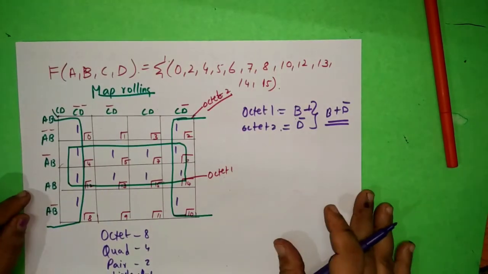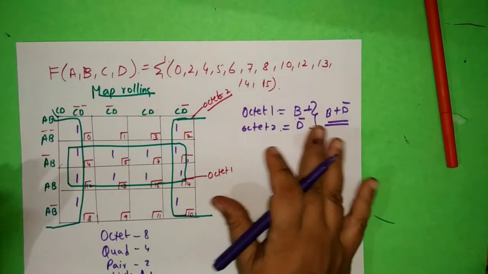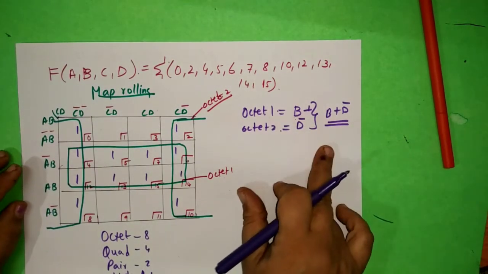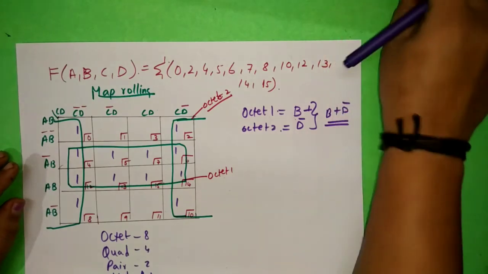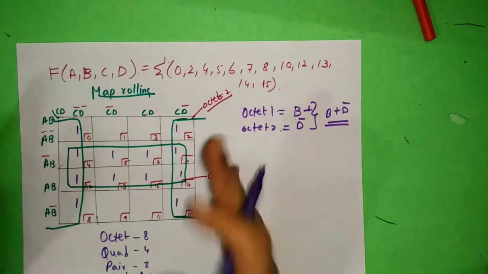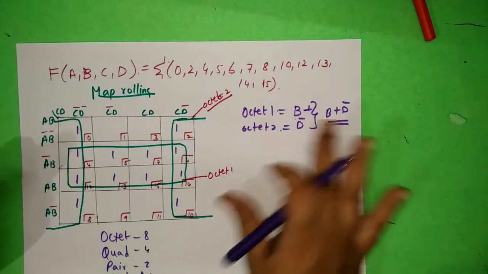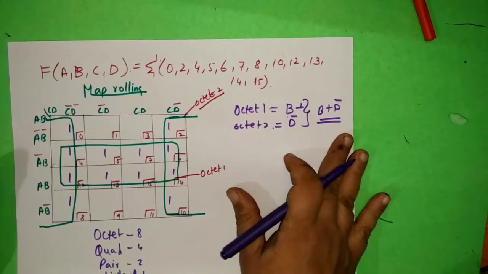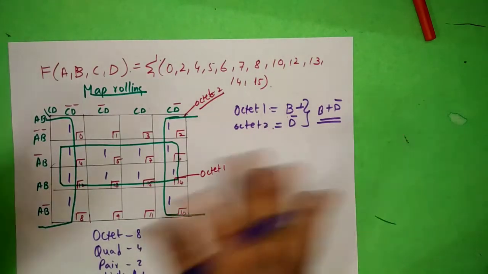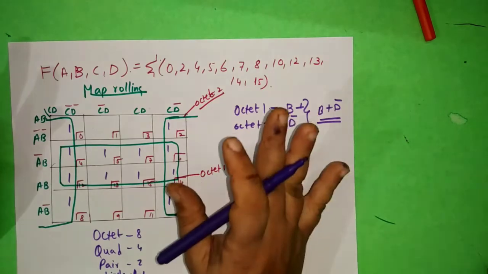This is one trick. Please understand this. Okay. So this is one trick. You have to know this. So this is one way of checking. But you have to be careful. After marking correctly, you will be able to do this. So you have done this B plus D complement. This is the answer. But if you write like this, you will not get any marks. I'm telling you again and again.